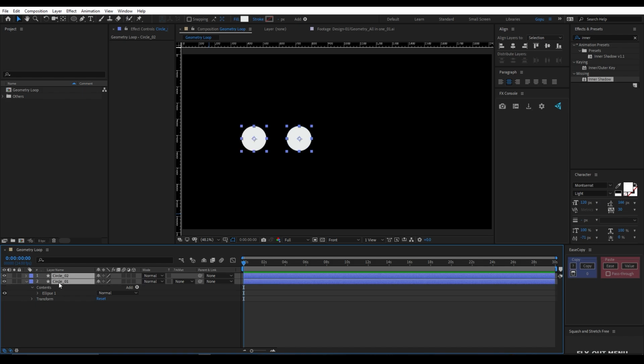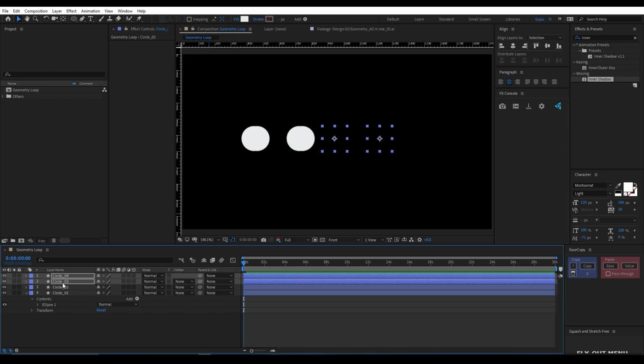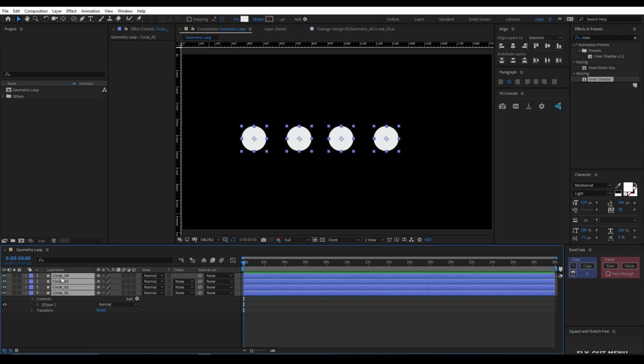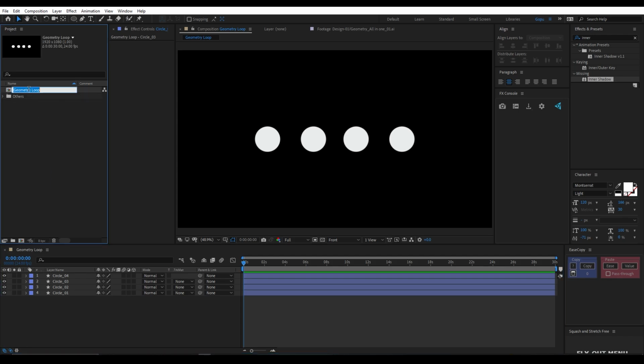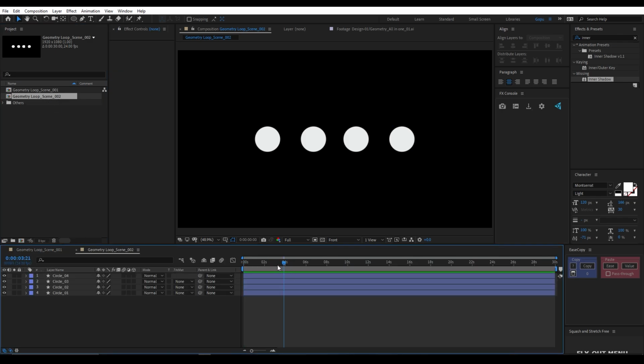I'll duplicate both and shift them to the right side and keep it on center, and I'll create another scene. Let's rename it scene 01, and I'll duplicate this and it automatically creates scene number 2, and I'll double click it and delete